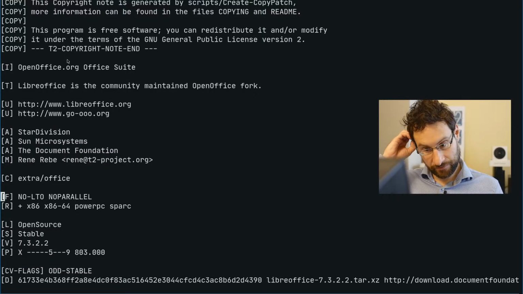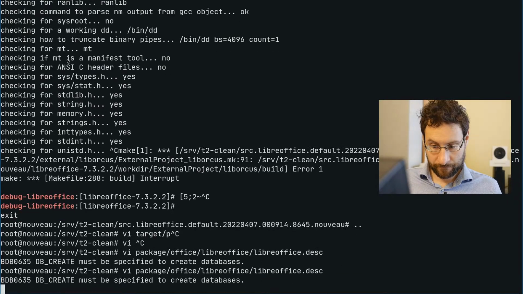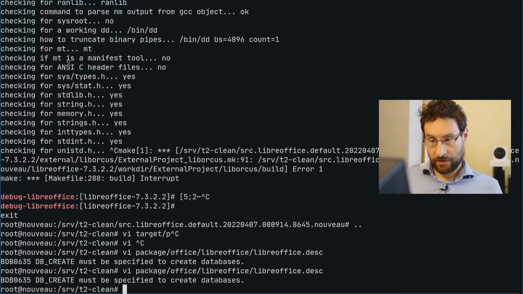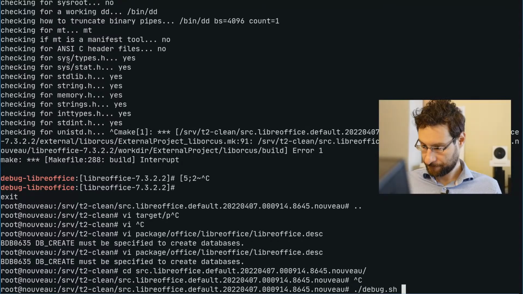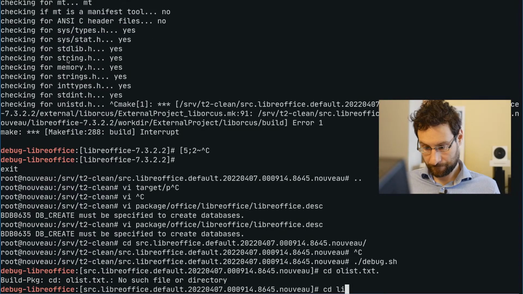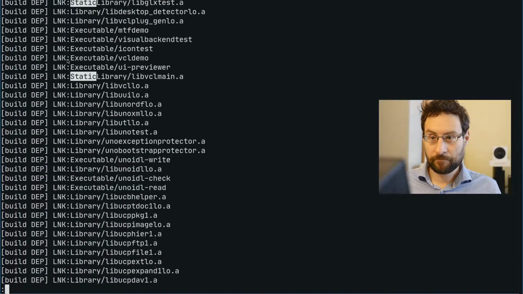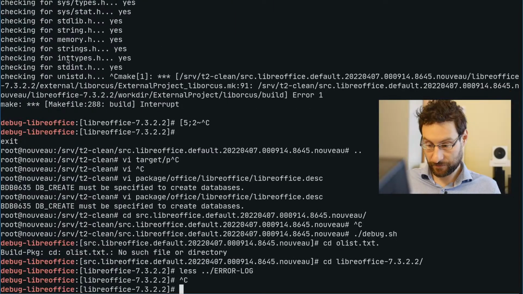No, it has already no LTO. It has no parallel, because it certainly can't be good. Maybe it shouldn't do static. We're not configuring it explicitly for static.